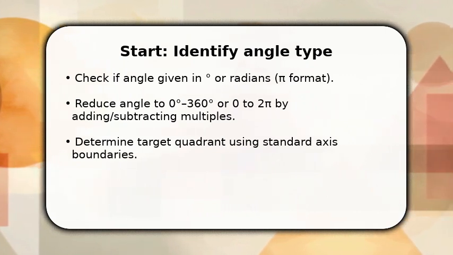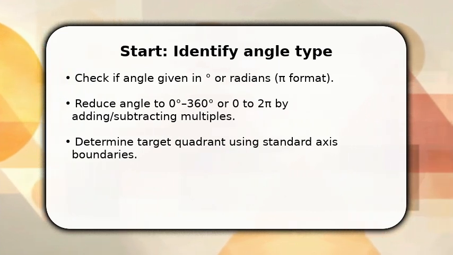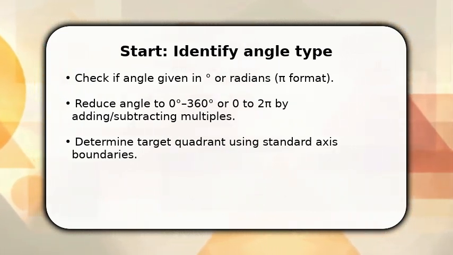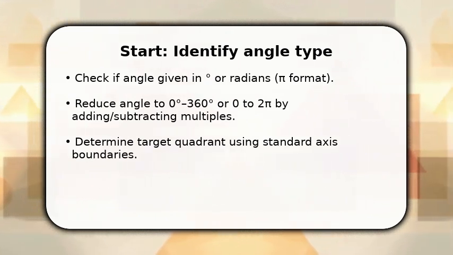Once done, find which quadrant contains the terminal side, quadrant I through Roman 4, because that tells you whether to subtract from an axis angle or not. Make sure to do these steps in order. They set up the actual